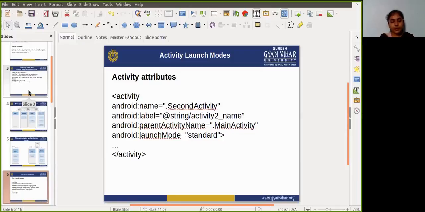Next type is singleTask. Okay. So when the activity is launched, the system creates a new task for that activity.